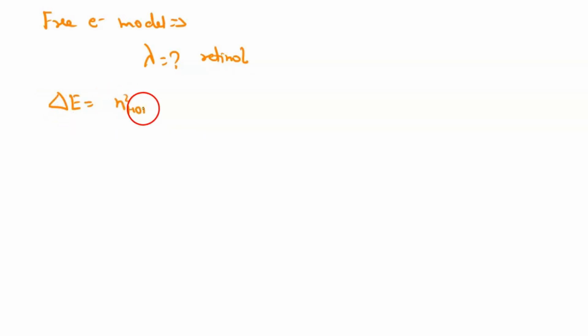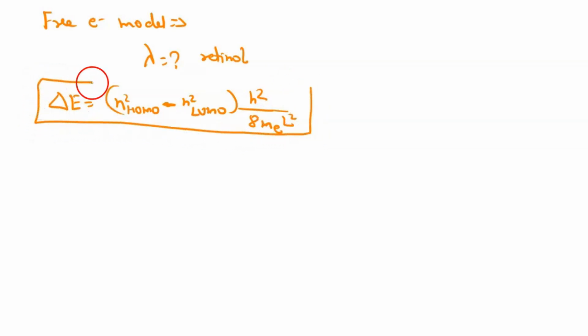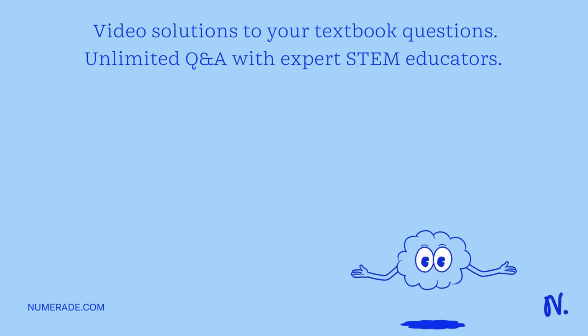of HOMO minus n squared of LUMO, right? And also h squared divided by 8mL squared, 8m. So here the mass of the electron will be there, and L squared, right? So this is the formula. By using this delta E value, we have to calculate the lambda value, and as we know that